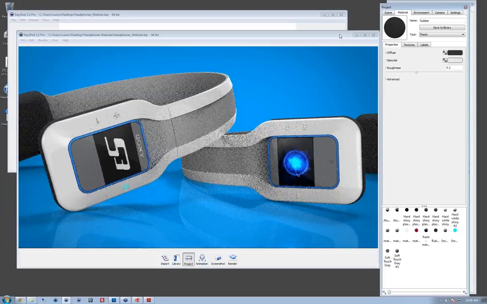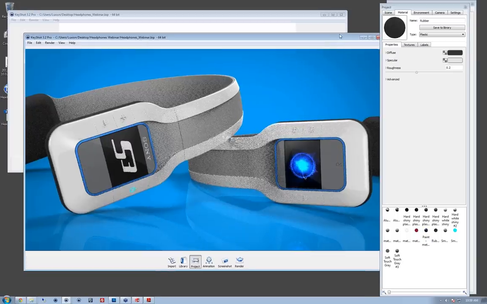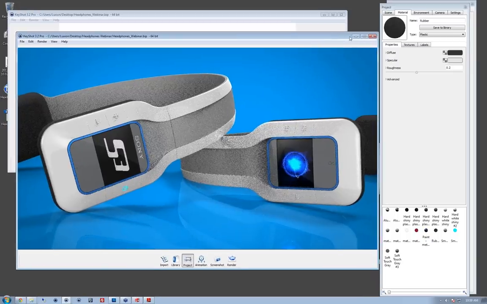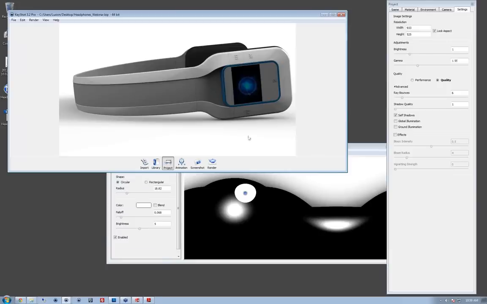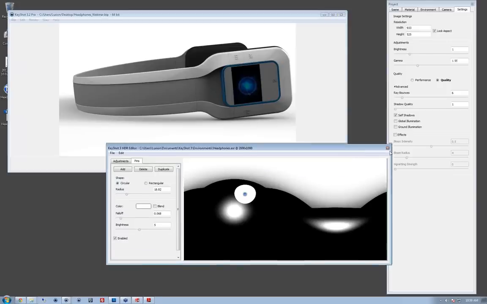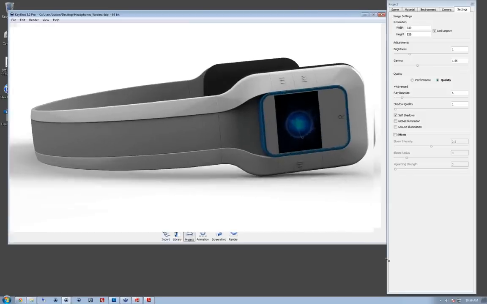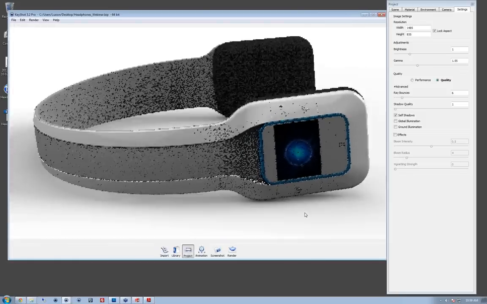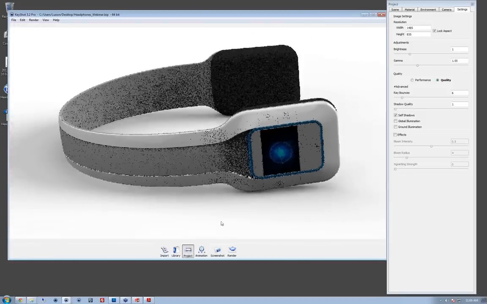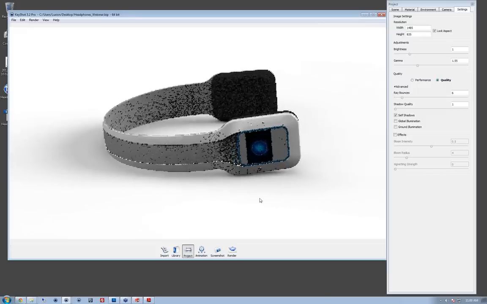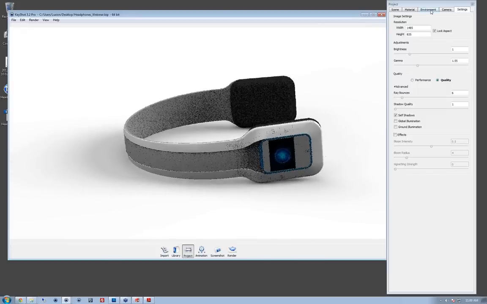Okay. And then also, we go over the different ways in which you can improve shadow quality. Sure. So somebody has a question about shadow quality. Let's take a look. We'll close our environment editor here. So let's take a look at our scene. First of all,